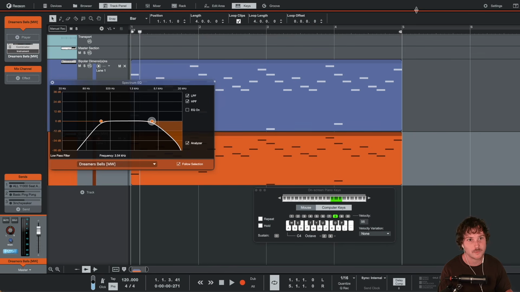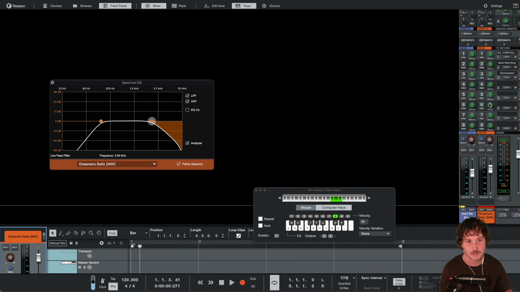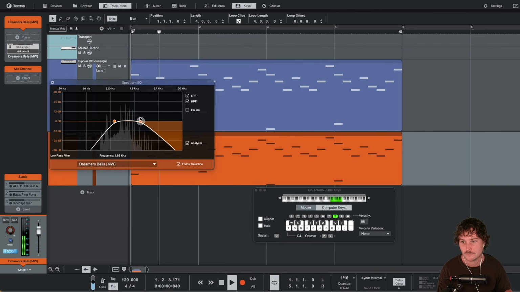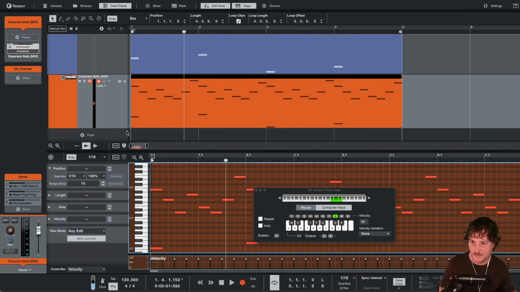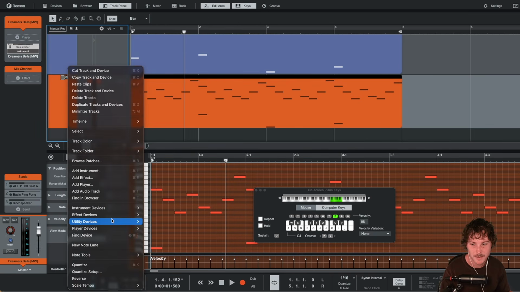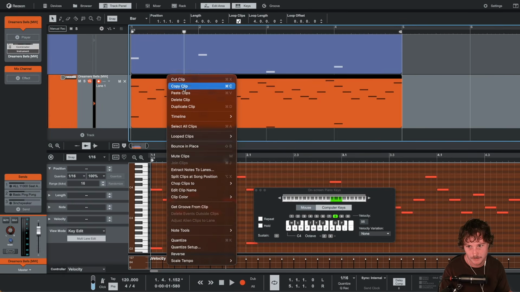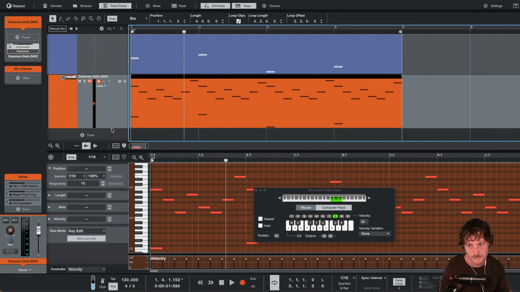Once we're done all of this, we can go in to the mixer and actually mix these. So I'm really liking this bell sound, but it sounds a little bit dry. I'm going to bounce this into audio. So if we just right click it and then go bounce in place,